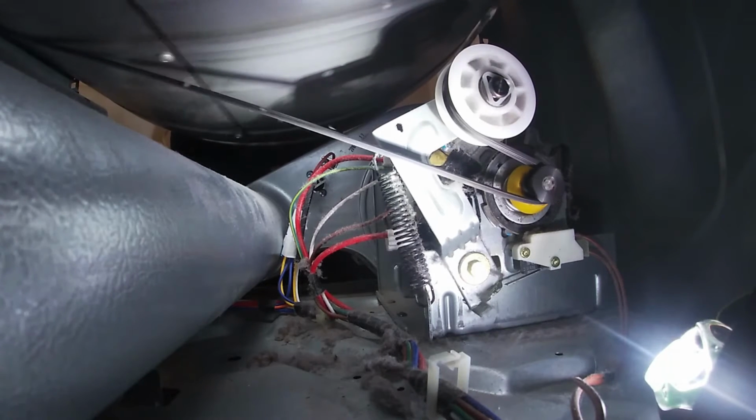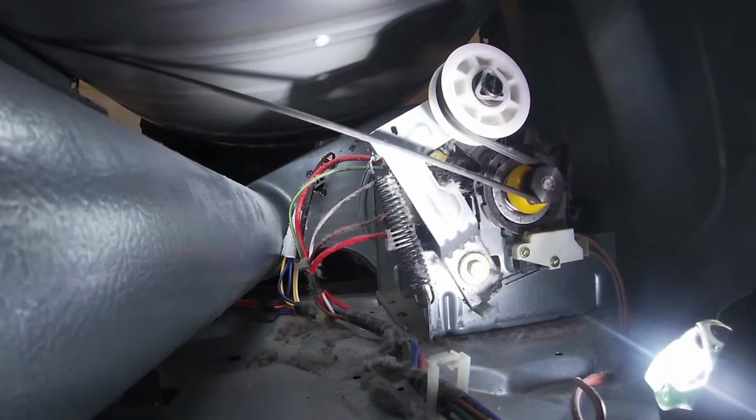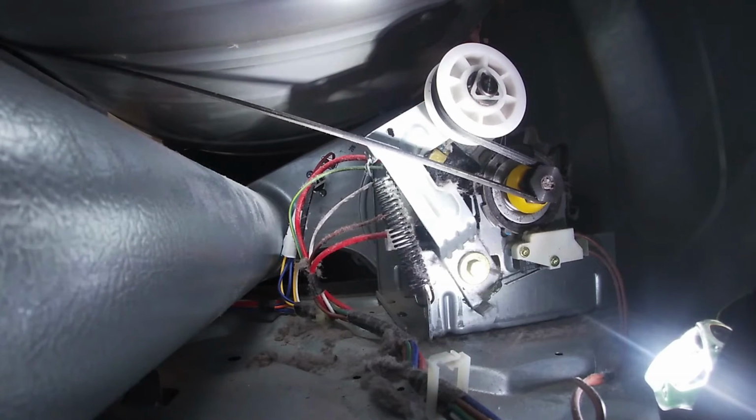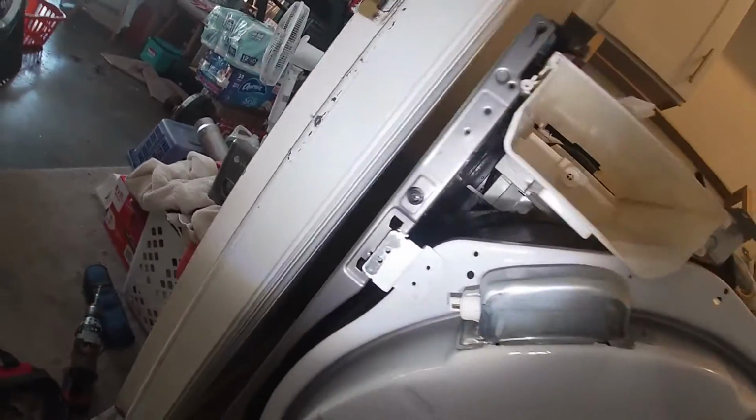Once you do that, just turn it, make sure it's not going to come off track, and we're going to go ahead and start putting this front panel. Remember, 2 wheels go on the drum right there on the bottom, and we're going to put this panel in place. As you see, it has some little legs that go in a male to female connection there,